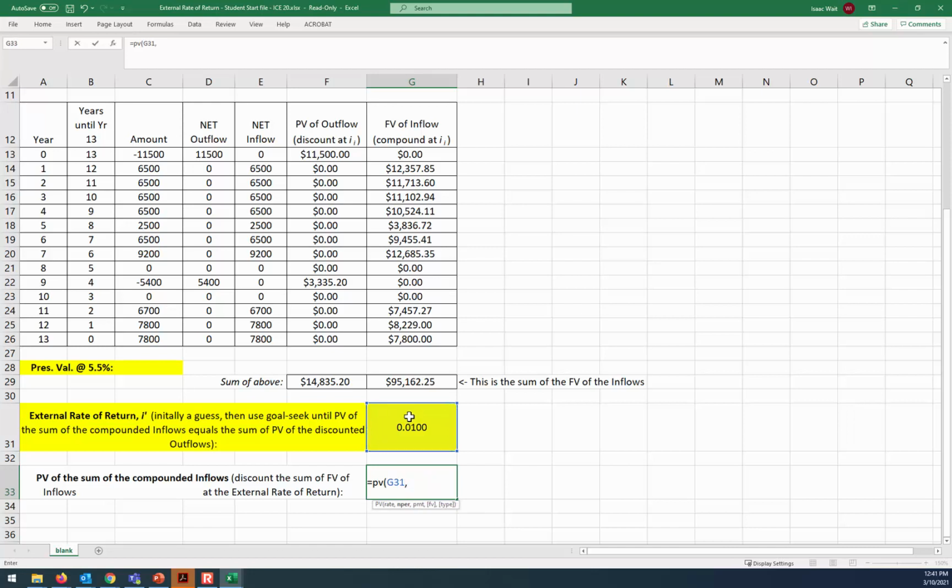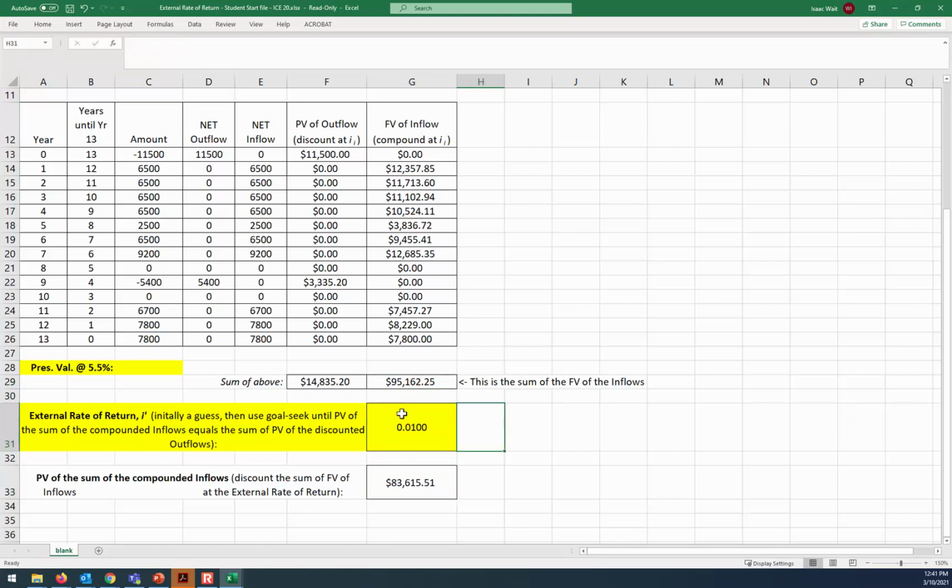N is 13 years. Skip over the payment field, and the amount that is at the future that I'm discounting, you do the minus sign because of the reason you already know. We'll put this as the F value, the future value. We want to take it to the present. If you discount 95,000, which is in year 13, take it back through time, and each year it's losing 1% of its value, by the time it gets to time 0, it's worth 83,000.